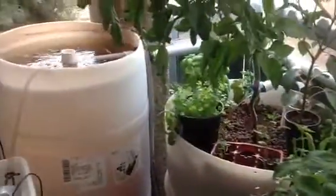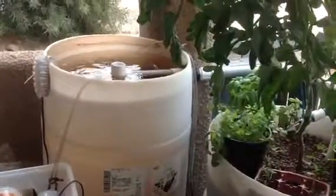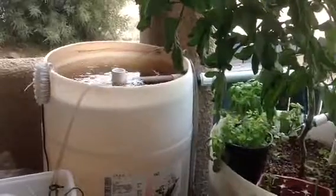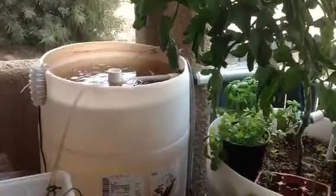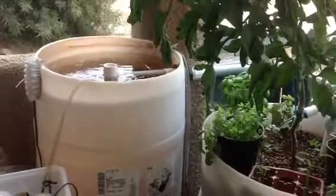But I just wanted to give you an update. I've changed things around a little bit. This system is working really well. I could actually expand this system. I'm really impressed with it. I could go with a deep water culture. I feel that now the infrastructure on it is strong enough that it can handle, you know, more flow rate,